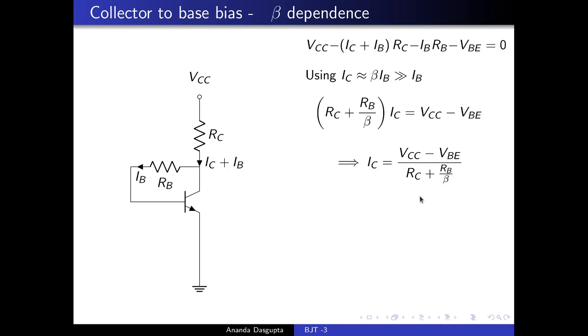So now let us look at the beta dependence. Is IC independent of beta? Of course not. IC depends on beta through this term. But when will IC be largely independent of beta? When RC is much bigger than RB by beta. That's what you really want. But there is a problem with that. If RC is much bigger than RB by beta,